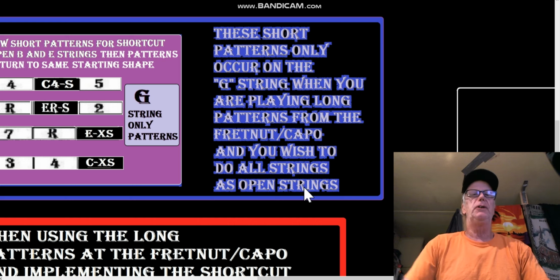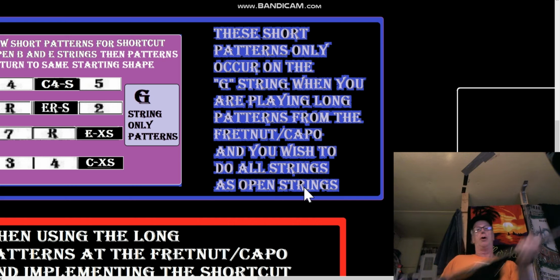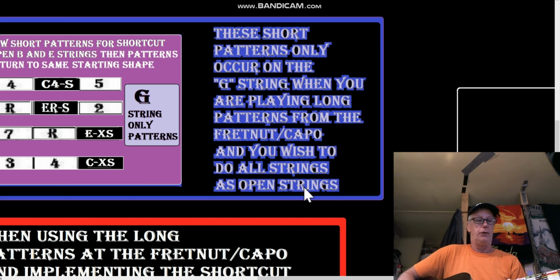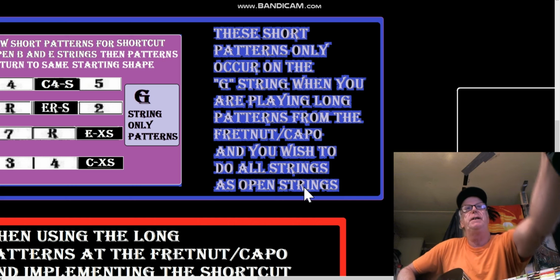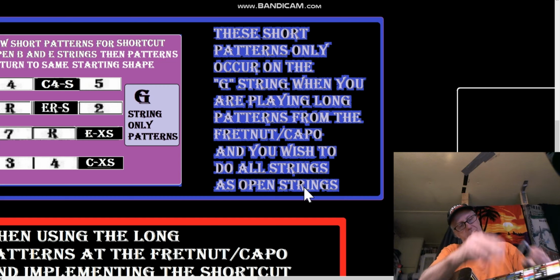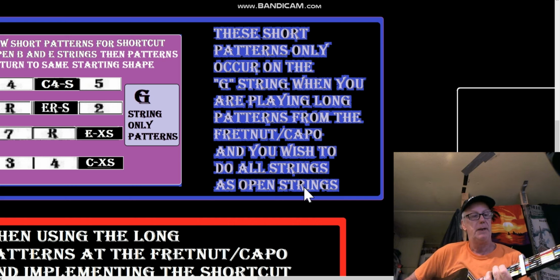I feel a little guilty that my long patterns are just to get away from that fretnut, and I'll get away from it on just one string. So let's say we have our fretnut here on the E. I'll play just one string of a long pattern like that, say root, 2, 3,